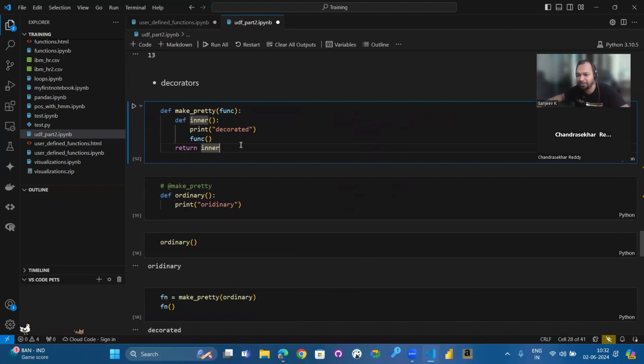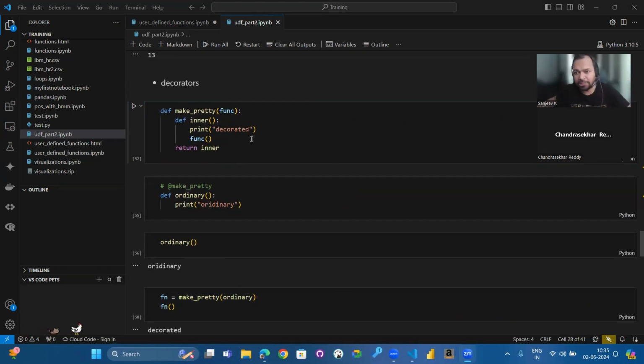The decorator is something very similar. We have seen how we can pass a function as an argument, or we can also declare another function within a function and make use of both the functions. Similarly, we can use a concept called decorators in Python. So how do you do that? Just like we did earlier, I'm going to have a make pretty function in which I'm going to pass the function name. And inside make pretty, I have one more function where this function is going to get called.